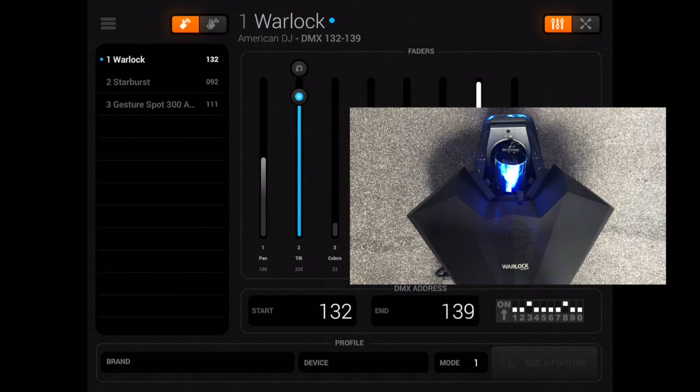Now the reason that's important, and the reason we need to understand that, is because Light Rider, when it uses movement effects, constantly sends tilt values to your moving heads or your light fixtures. And if those values happen to fall into one of those ranges, then the barrel is going to spin at that speed. So let's say Light Rider, as part of one of its movement effects, sends values in the region of like 10 to 20. Your barrel is going to be spinning rapidly. The effect on the dance floor is going to be quite massive, and it's probably going to make some people